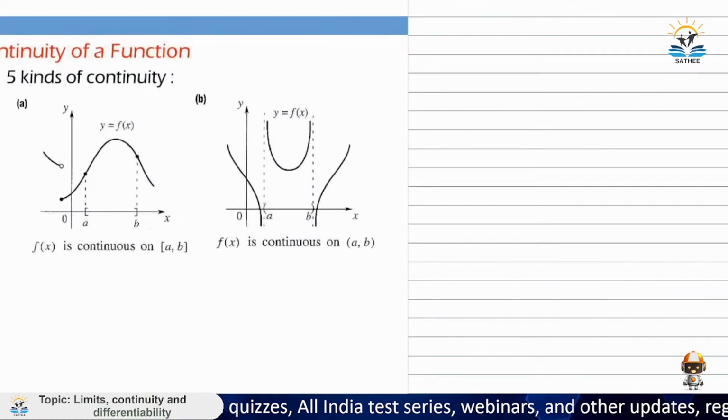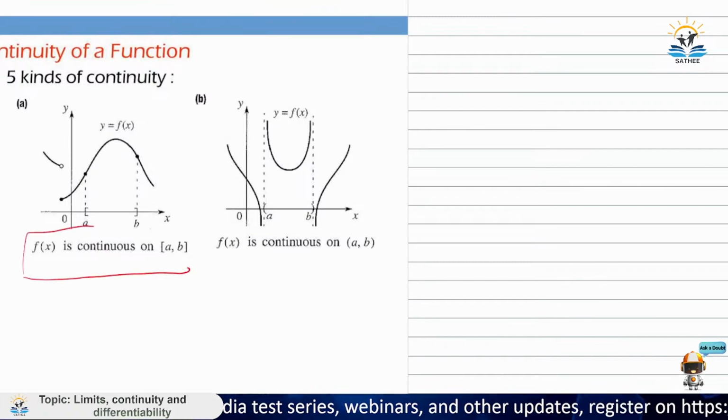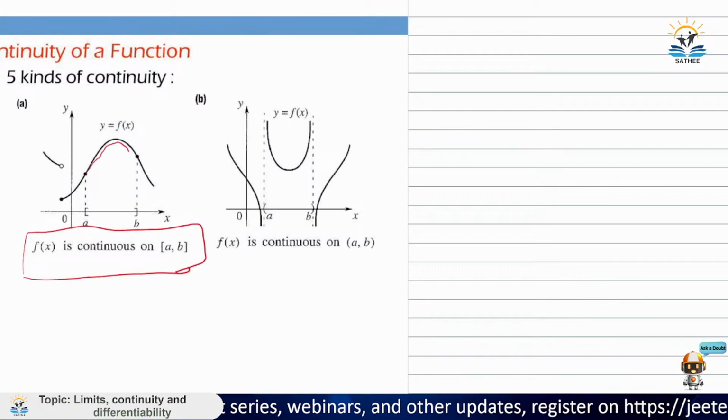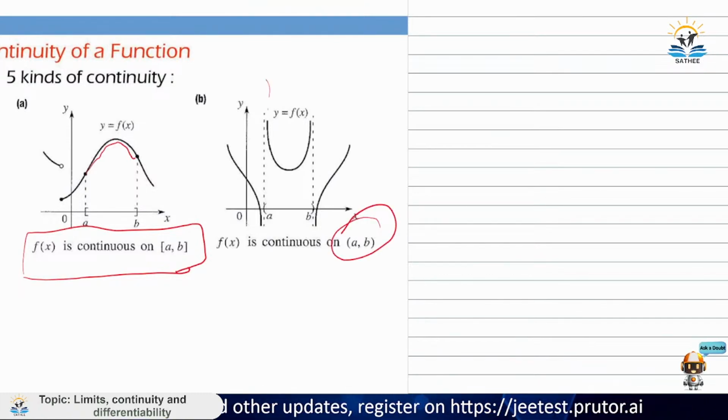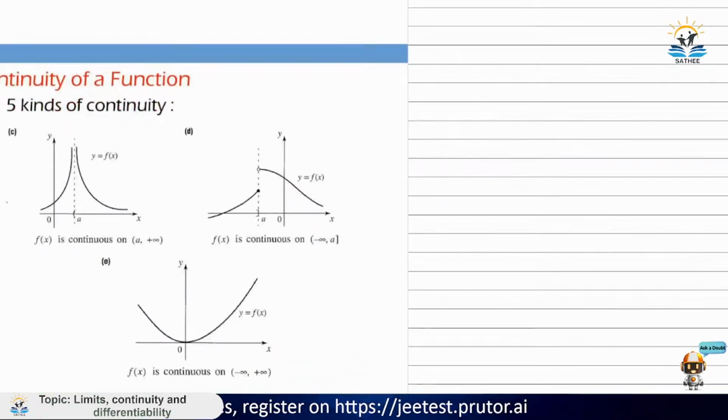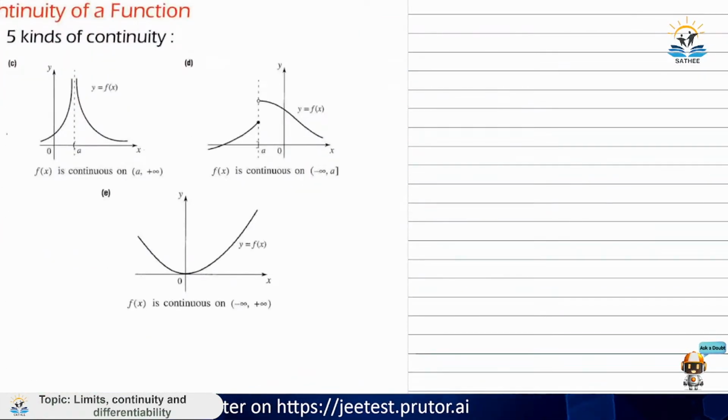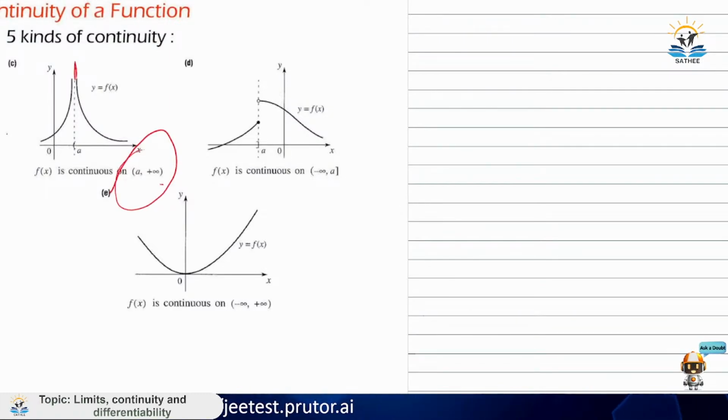So there are five types of continuity. One is saying that f of x is continuous at a and b. We can see this because there is no breakage in the function, and it is completely defined here. It is defined on the open interval because at a and b, f of x is going to infinity, so we have to take open brackets here. It is also continuous from open a to open infinity, because here it is going to infinity. It is continuous from minus infinity to here because